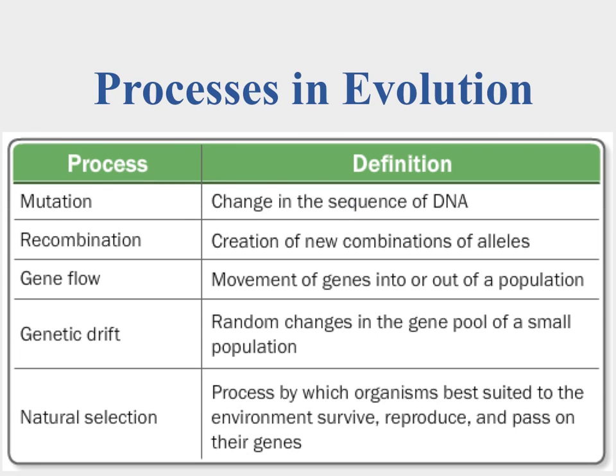Okay, so first we're going to talk about the processes in evolution. If you recall, with evolution, we're talking about a population of organisms, not a single individual. And that population has to change the gene pool. So it's a genetic change. So what we need to do is find a way of changing or introducing a new allele, or we have to change the selection on the alleles that are being chosen for. And that's how we can get a change in the gene pool and then in turn evolution of a new